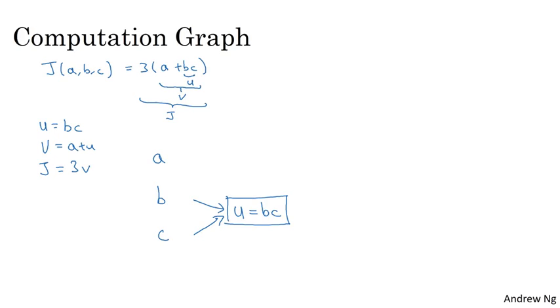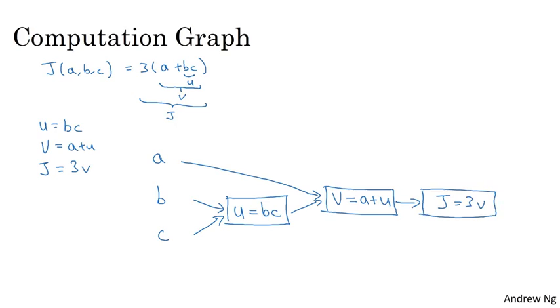And then you might have v equals a plus u. So the inputs to that are u, which we just computed, together with a. And then finally we have J equals 3